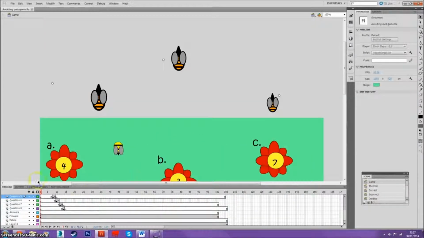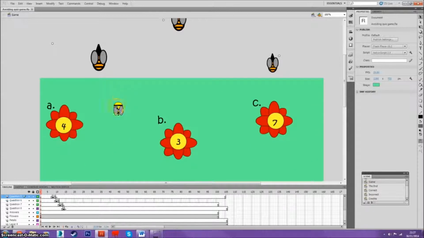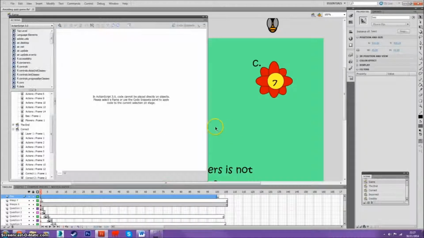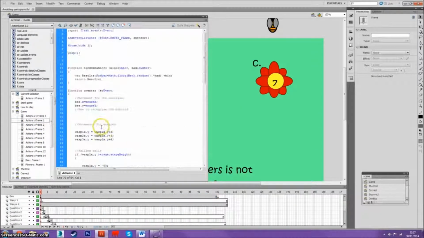So that was a bee. Now we're gonna get to coding this bee. So how I got it to move around. So I'm gonna minimize this. Try and find the frame. Okay, it's this one. So on this I added a function